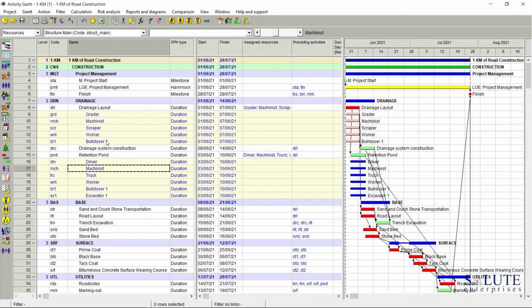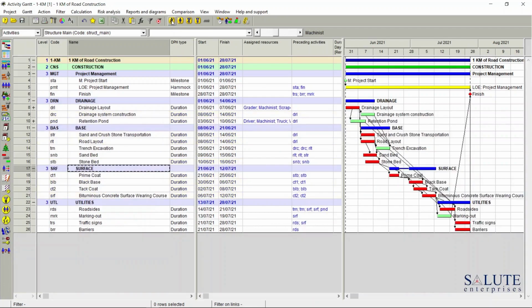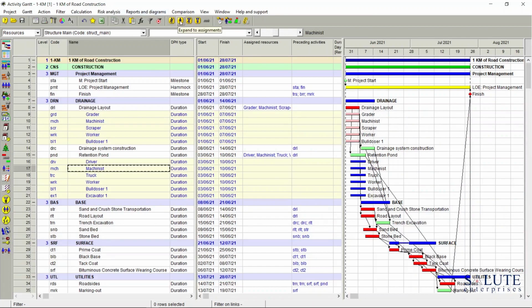Those assignments are also visible in the assigned resources column in the Gantt chart. Just a quick reminder, you can hide assignments and bring them back to the view by using these two buttons on the main menu bar. Apart from resource assignments in Spider Project, there are other options and much more you can do with